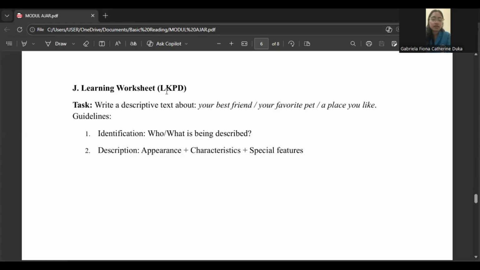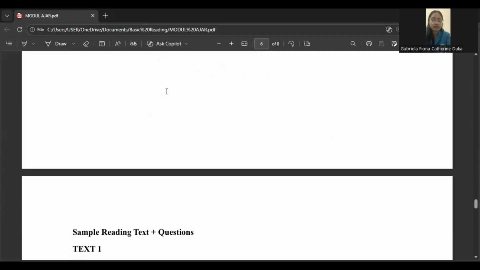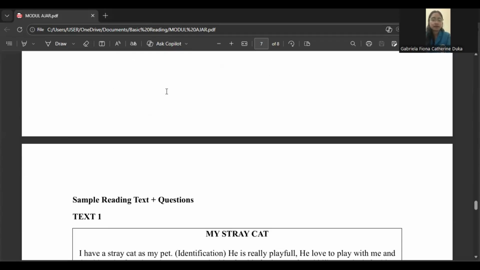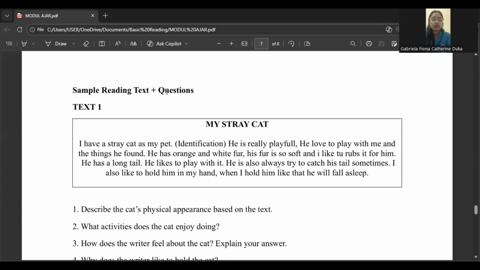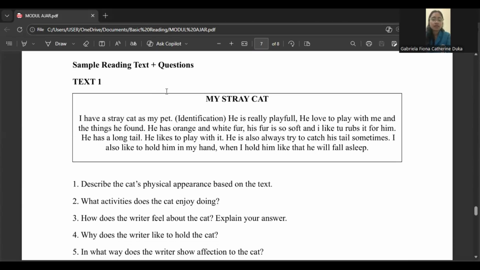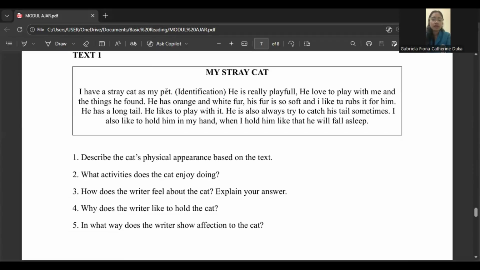Number two, description, appearance plus characters and special features. Now, a sample reading text plus questions about my stray cat,